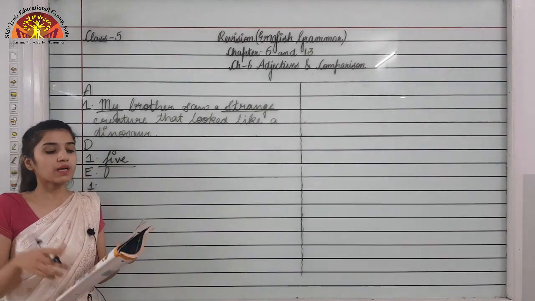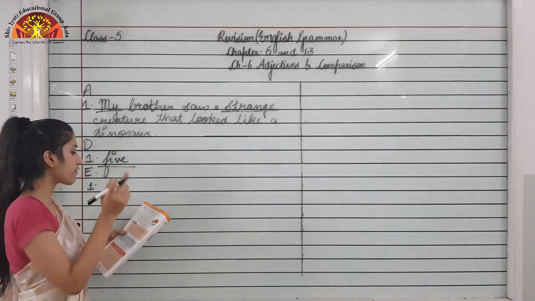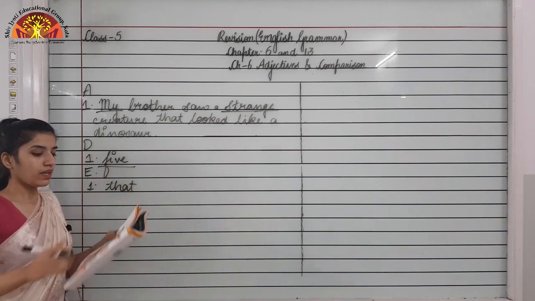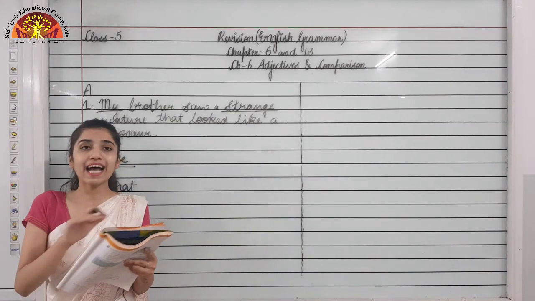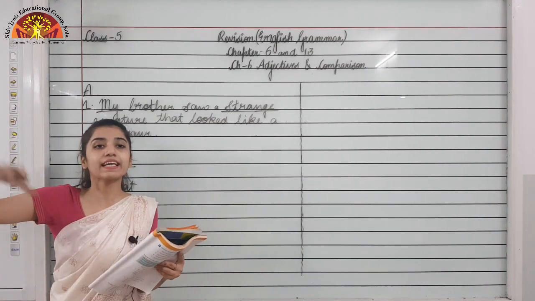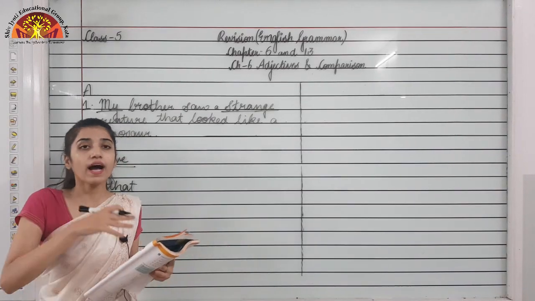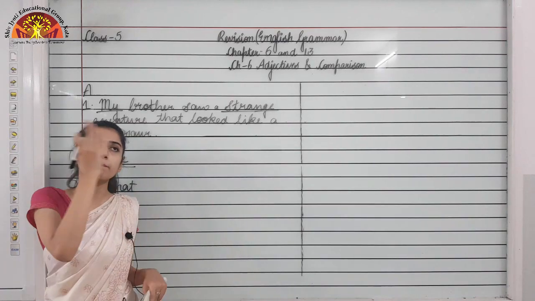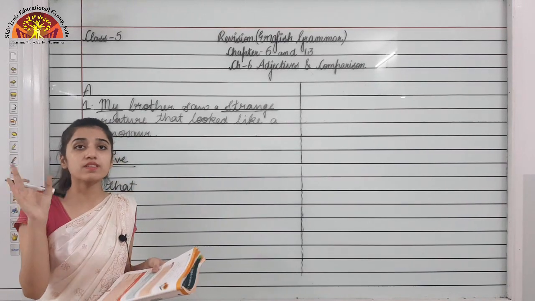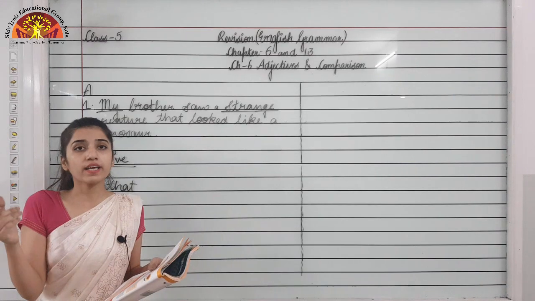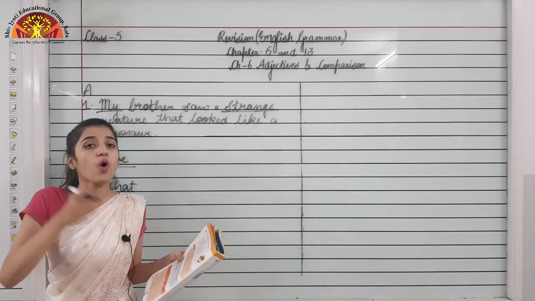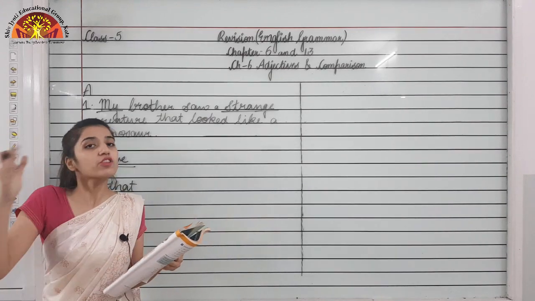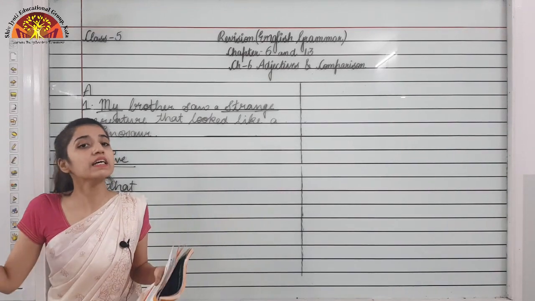Now moving to some more examples. Who are dash students standing near the gate? I put a plural before students. So what will come, this or these, because students is plural, right? So I will use this, these or those. The answer would be those. Who are those students standing near the gate?